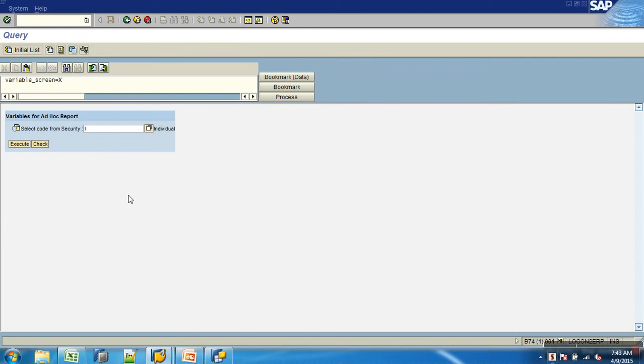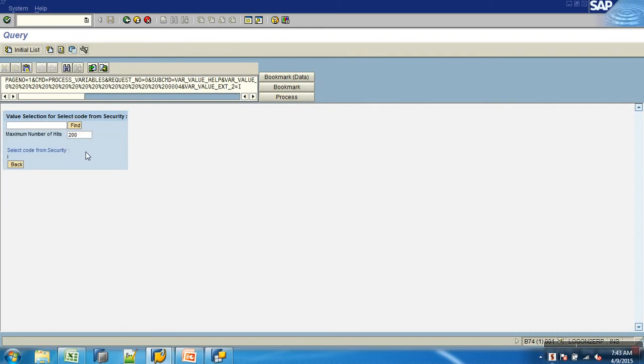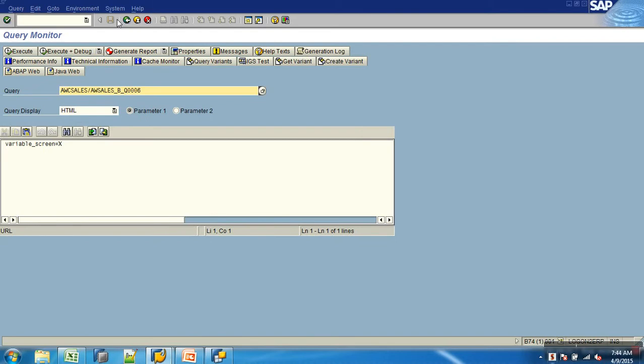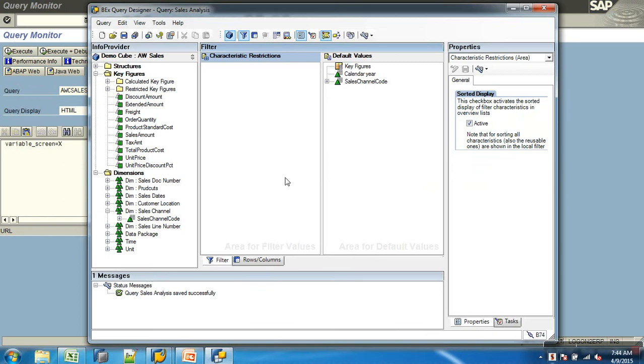Even if it tries to change this, the variable takes in the value as per the authorizations. But if I don't want to allow him to see the screen at all, when it runs, it should by default run with I automatically. It should not ask for it. Then what can I do? For the variable, I can deselect that checkbox, ready for input. It is not popped up to the user at all.